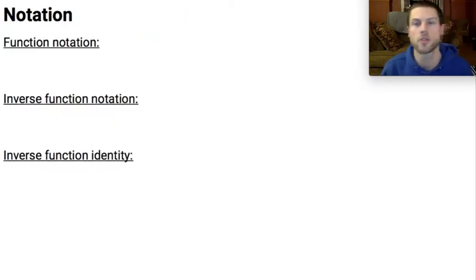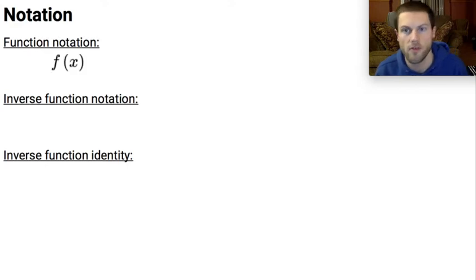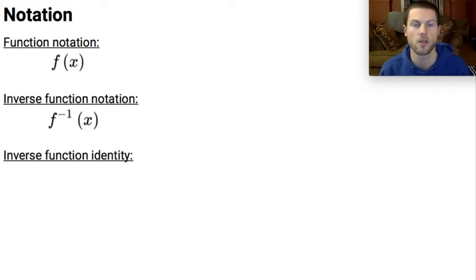Notation. Function notation, we're familiar with this. If you see f of x, that means we have a function. It's called f. The input is x. If I wanted to talk about an inverse function, I can specify that this function here is the inverse of the function f. So it's important that I'm using f here because it's referring back to that original function. This literally means the inverse function of f of x. We could say f inverse